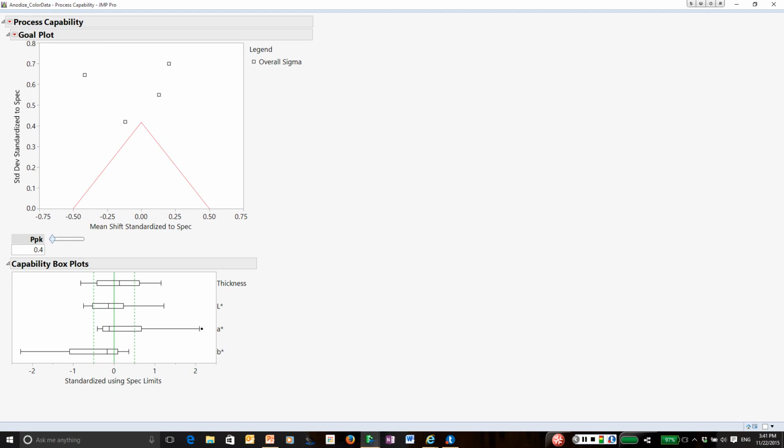There's some options in here that are nice, such as label the points. So it's showing you all of the points, and here's what it's doing. It's centered and scaled each of the measurements by their spec limit so we can put them on one chart. If you're on target, you're at 0. If you're on the negative side, you're below target. If you're positive, you're above target. So notice B star is well off target on the low side,